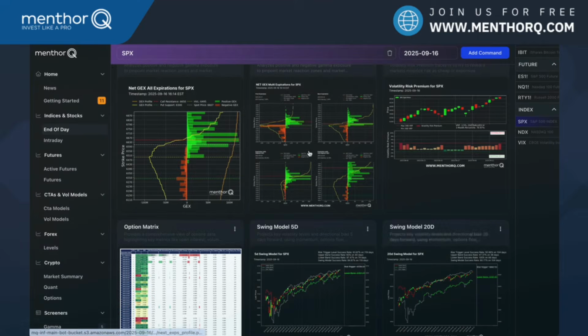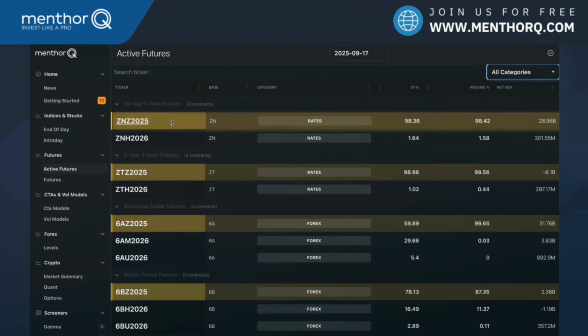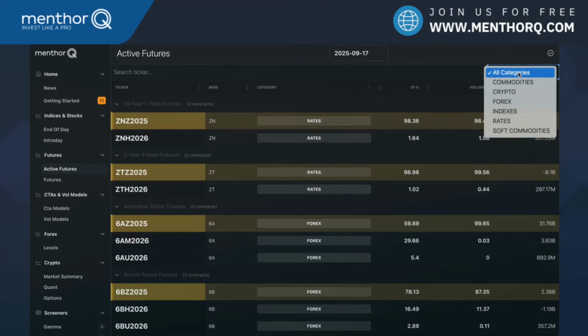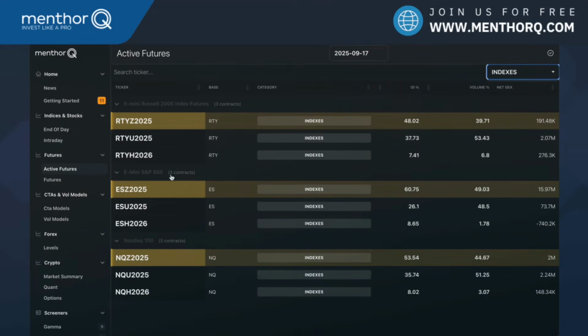The second thing is now I can actually move into my future section. So on the dashboard, on the left-hand side, you can actually see the future section. So the first thing that I want to do is look at depending on what asset you trade. So we cover about 25 different futures. So let's say that you trade index future. You need to understand which is the contract that you should be paying attention to. So this week we saw the rolling. So this week is the last week of the September contract. We're going to start to roll to December, but actually the option market has already moved to December.